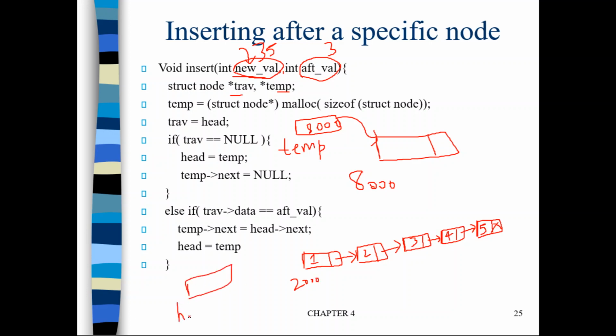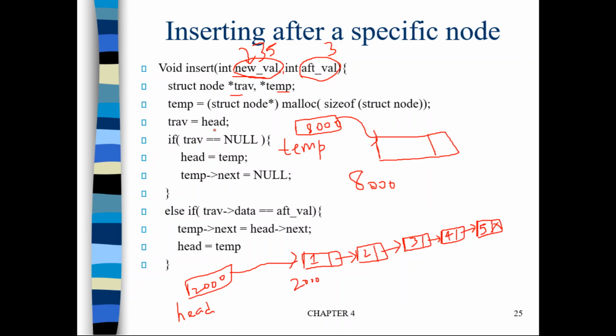Head will point to the first node, so head contains 2000. It means that head is pointing to the first node, right? So all these are already there. Okay, fine. So with this knowledge, let us go through. Now what we do: after creating a new node, and temp is now pointing to the new node, then